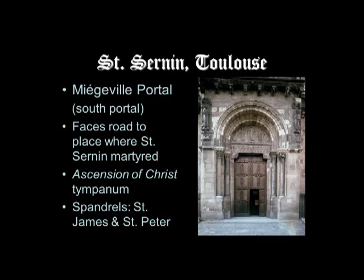We're now going to move to the sculpture of the Miegeville portal. Now, the Miegeville portal is the south portal of St. Sernin. Usually, when we're talking about the tympanum sculpture of a Romanesque church, we're usually talking about the west portal, the west side of the church, the entrance that is opposite the altar end. However, there's a reason why the south portal is given pride of place and has the most elaborate sculptural decorations